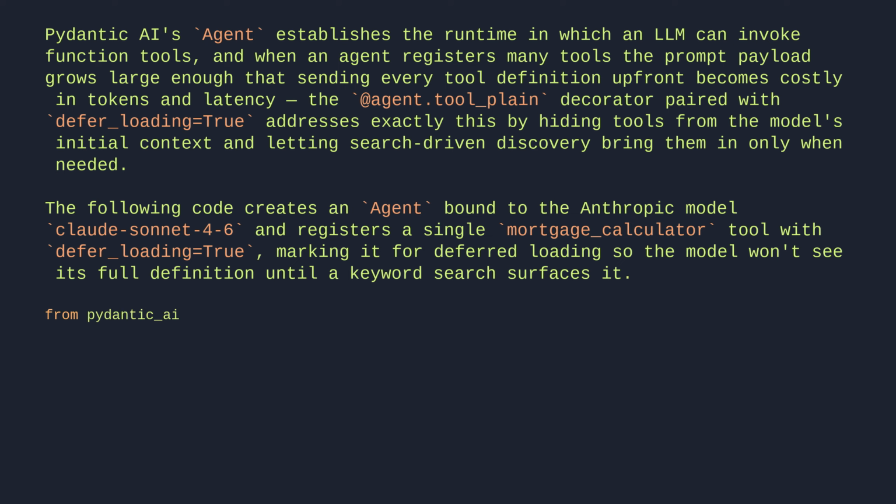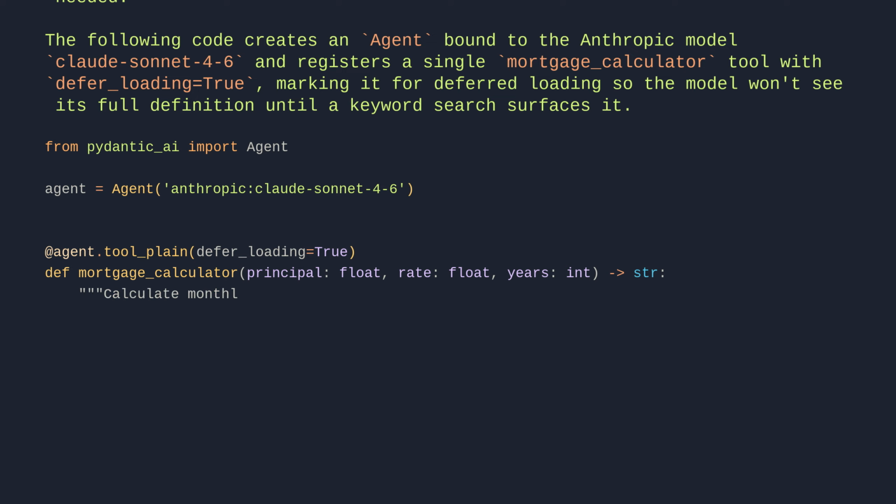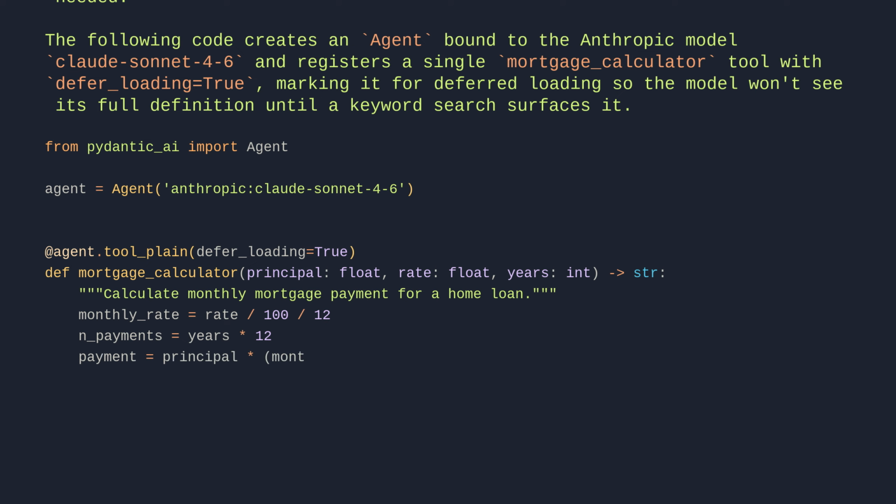From pydantic_ai import Agent. agent = Agent('anthropic:claude-sonnet-4.6'). @agent.tool_plain(defer_loading=True). def mortgage_calculator(principal: float, rate: float, years: int) -> str: "Calculate monthly mortgage payment for a home loan." monthly_rate = rate / 100 / 12. n_payments = years * 12. payment = principal * monthly_rate * (1 + monthly_rate) ** n_payments / ((1 + monthly_rate) ** n_payments - 1). return f"${payment:.2f}/month"